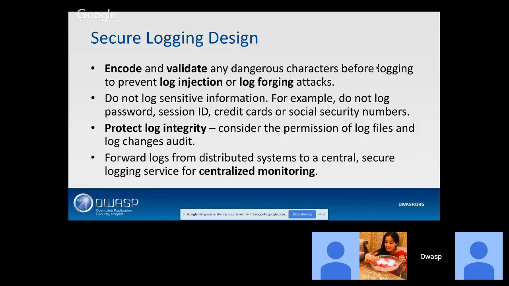It's also important to not log sensitive information, like, for example, passwords, credit cards. We should protect the integrity of the logs. And also, very important, once we have all this information stored in the logs, all of these logs should be centralized and processed in a centralized manner